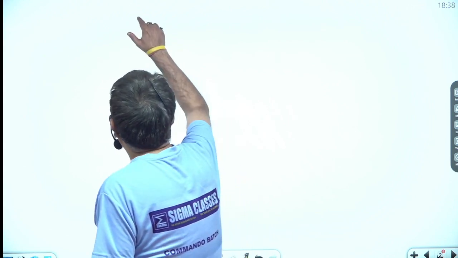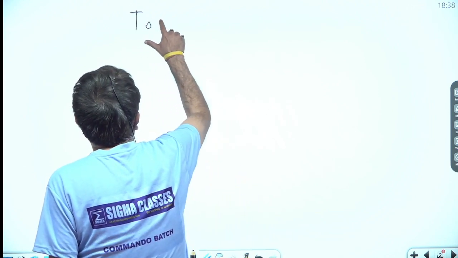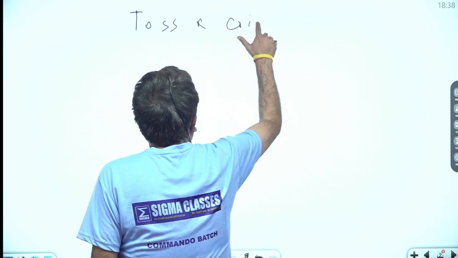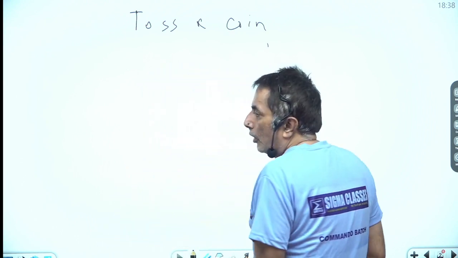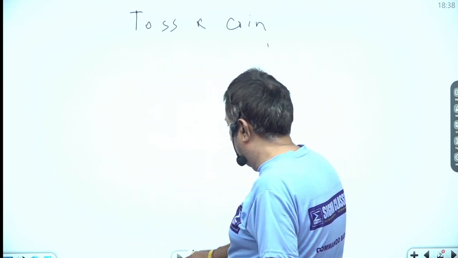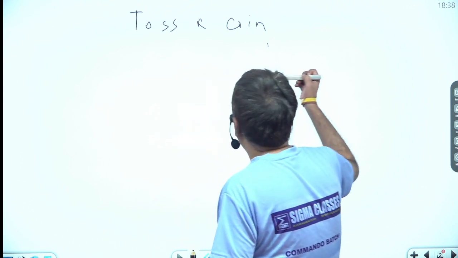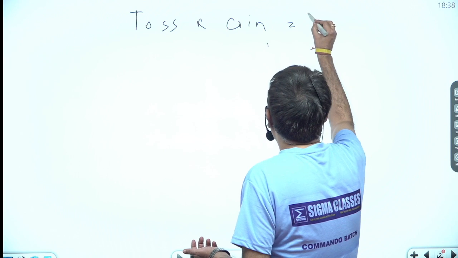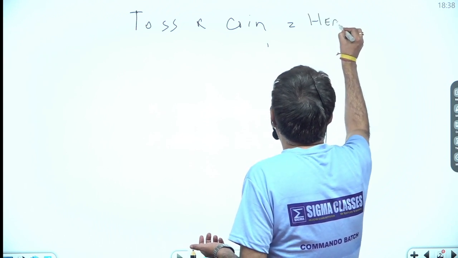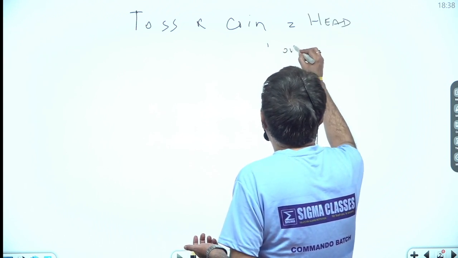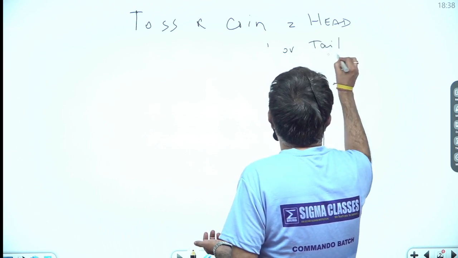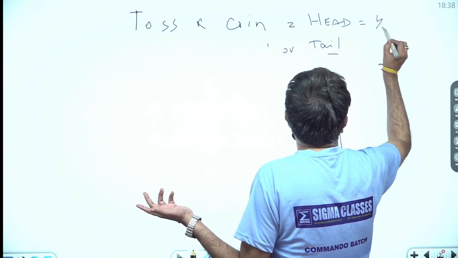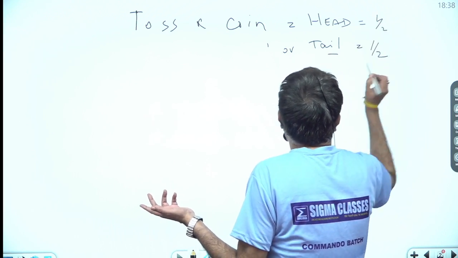Now, when you toss a coin, you can get either a head or a tail. Now, the probability is 1/2 and 1/2, unless it's a